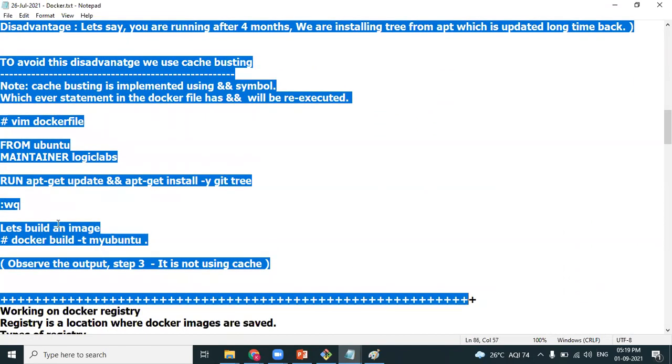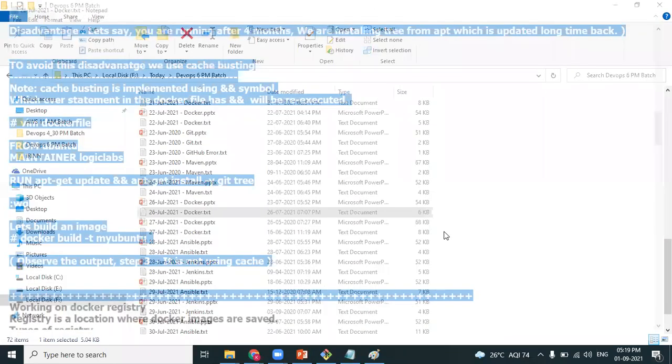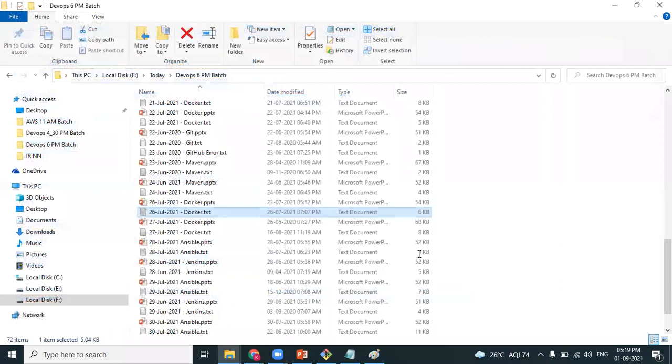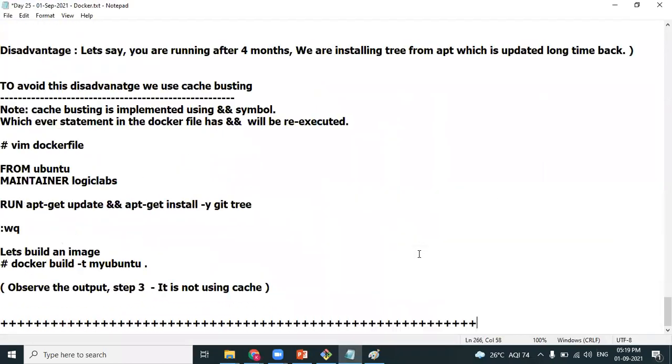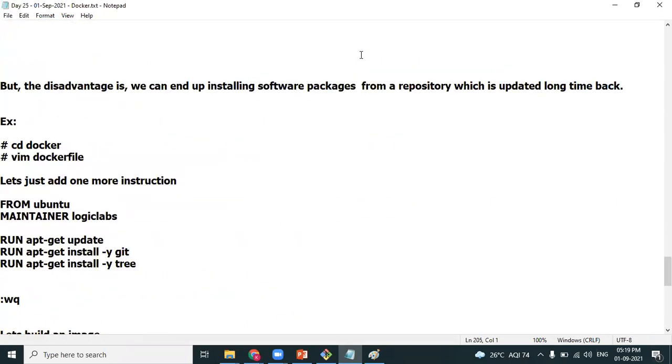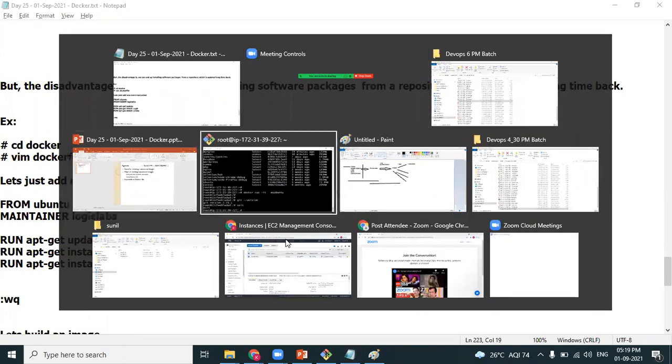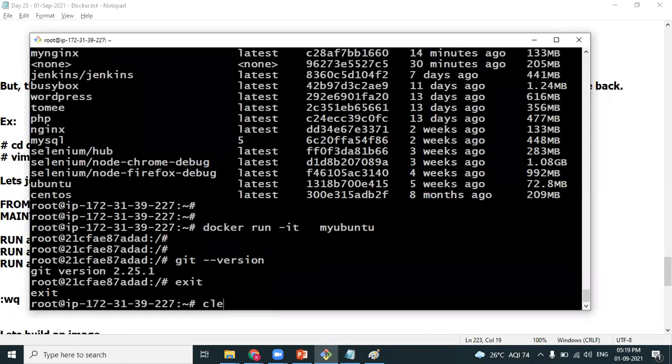Anyways, we will understand it with an example. What is this cache busting feature? I'll make it simple.